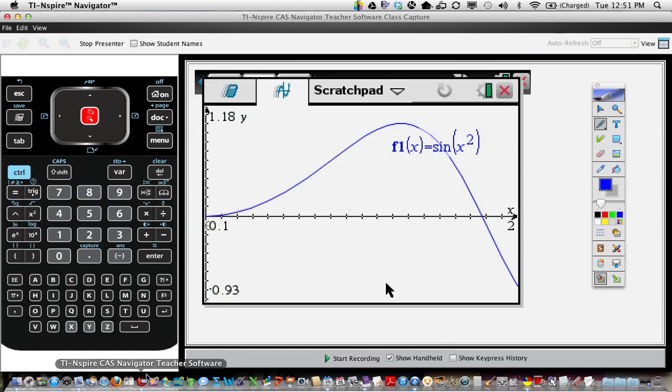Concavity. Now this one switches concavity. So if we want to talk about under, and that depends on concavity, what do we need to find here? We got to find where it switches concavity. That's the divide and conquer strategy. Let's divide it up into pieces where we know the concavity. That's what we're doing. Now, we're going to cheat and use our calculator a little bit, because this is